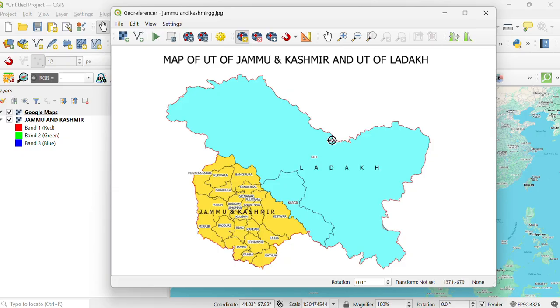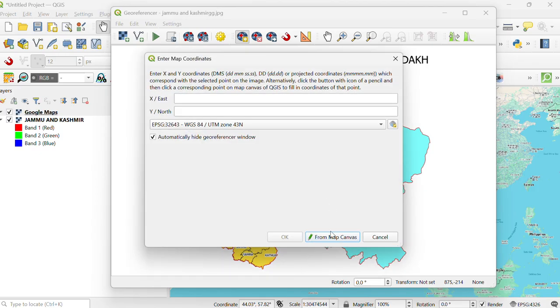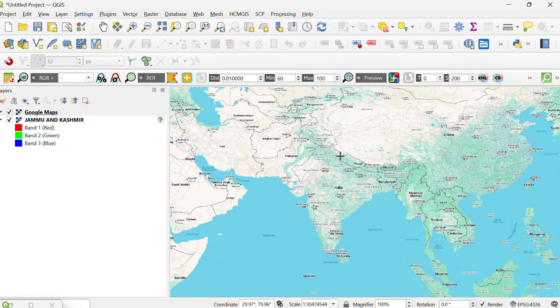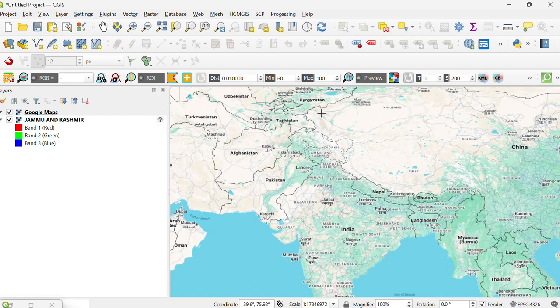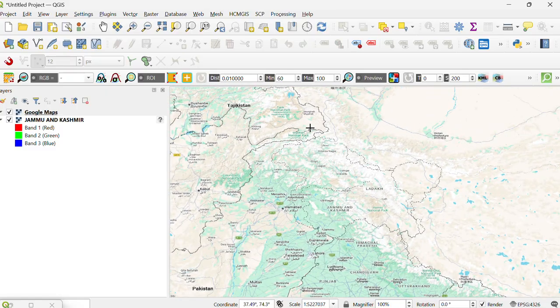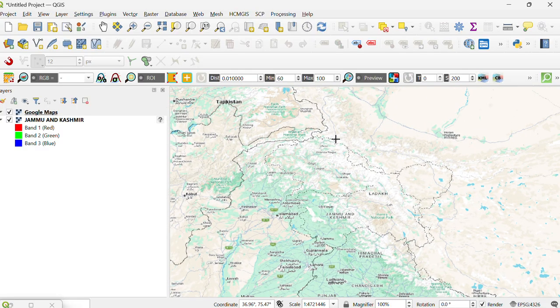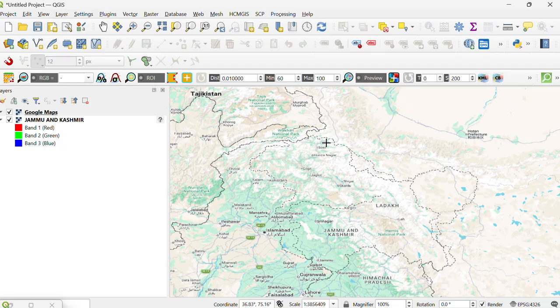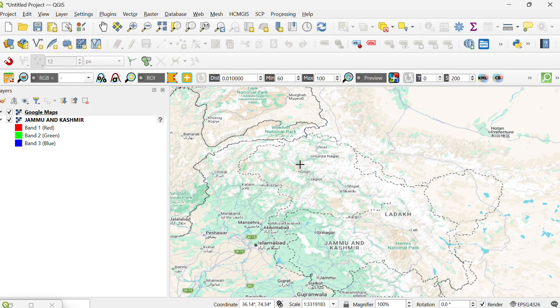First of all, we select the GCP point here. Then go to From Map Canvas. After going to the map canvas, the image will be shown on our Google map.